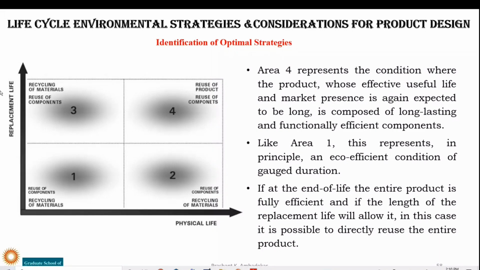See, this is the end of replacement life here, and this is the physical life. But if the physical life, which was earlier predicted, is over, maybe suppose 10 years was the physical life, and still it is functioning properly, and the replacement life allows use of the product,